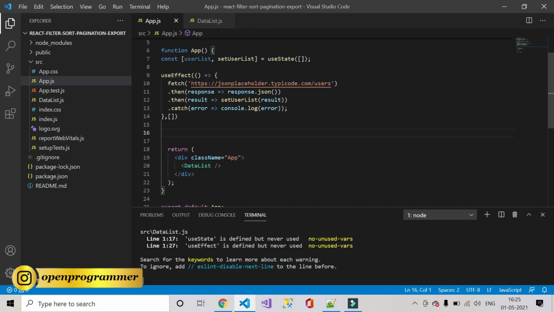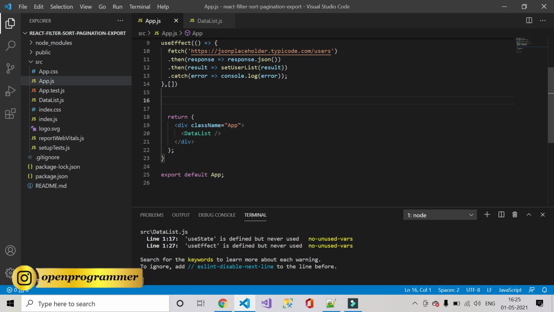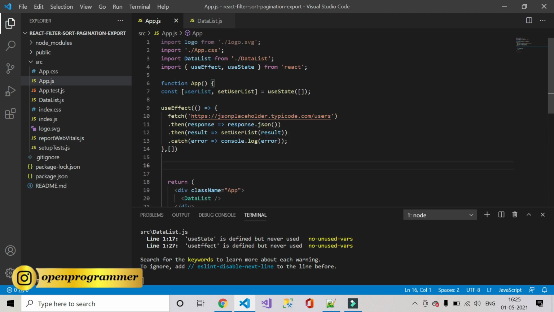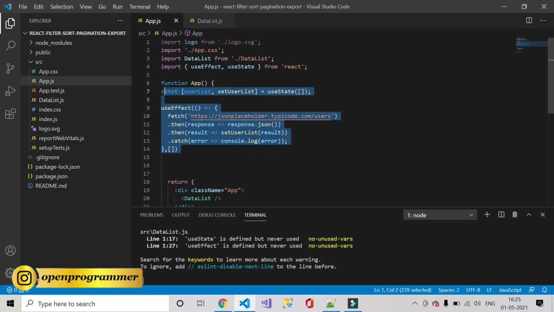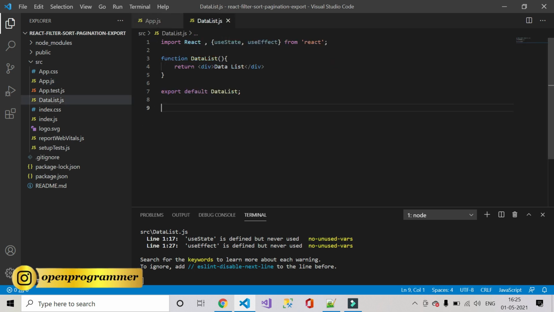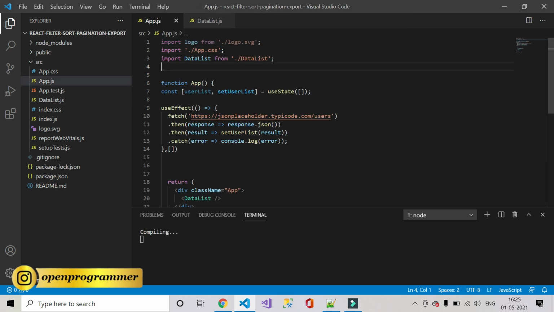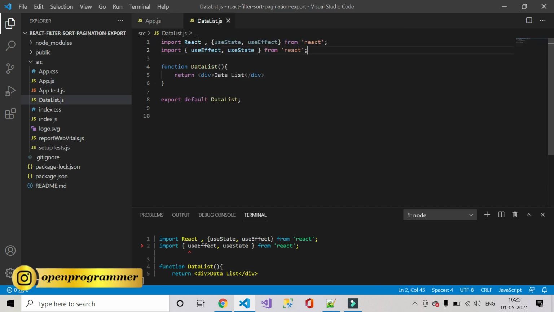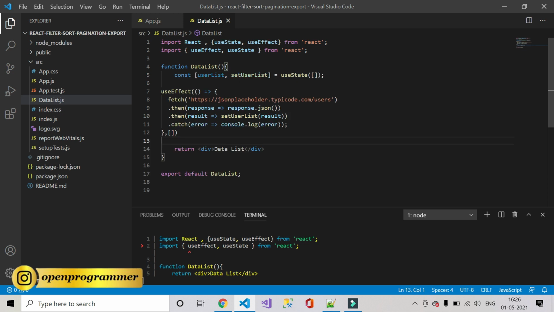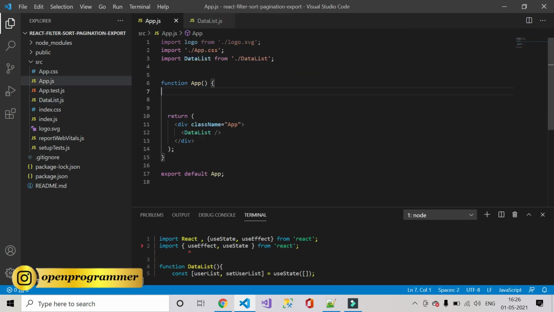So now, oops, basically we need to do this in DataList, not in App. So let me cut this, and let me also cut this and paste it over here. Let me remove the blank lines.